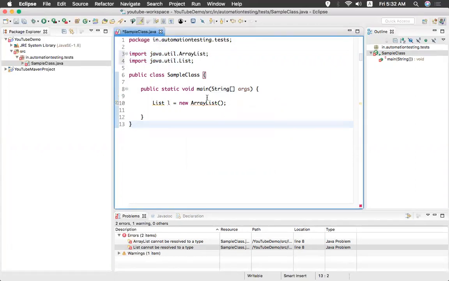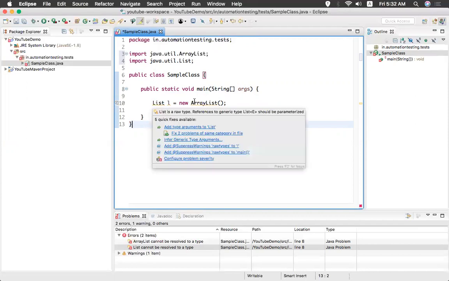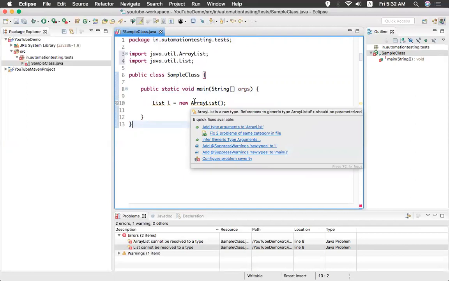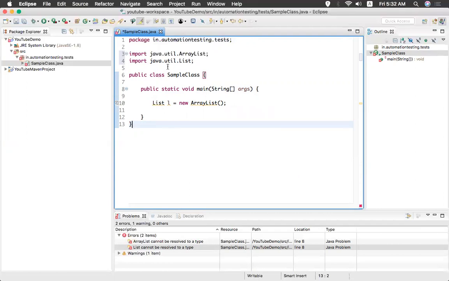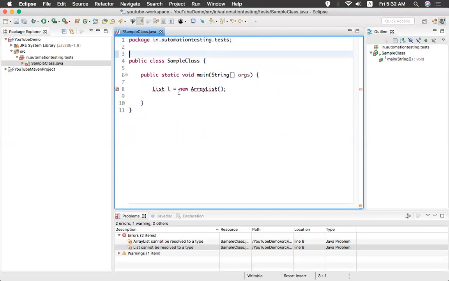Okay, now it's done. So assume you have n number of packages you need to import. For each and everything you need to hover and do all those things. Sometimes you will copy and paste some code from another file or solution to this one. At that time you need to import so many packages. So for that I'll remove this. I want to do everything in a single shot.